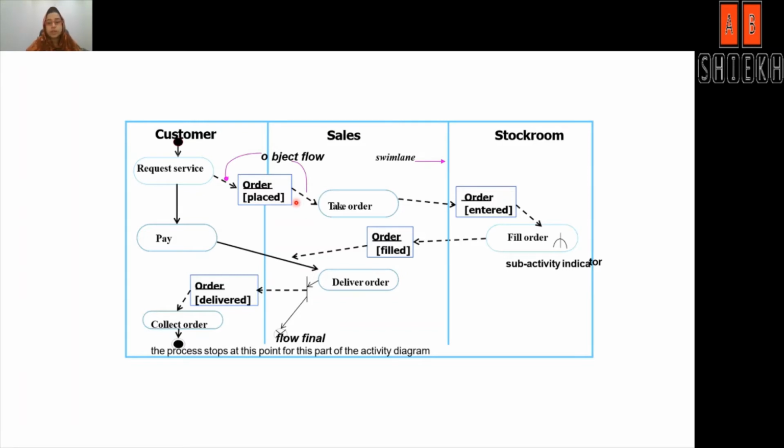Objects connected using a dependency to the activity, or in other words the transition, may be created, destroyed or modified by them. So for example, request service, take order. The transition that is flowing the order object from request service to take order is an object flow transition. Similarly, we have here another object flow transition and here another object flow transition. These transitions can be of 3 types. They may create an object, they may destroy the object, or they may be modifying an object.